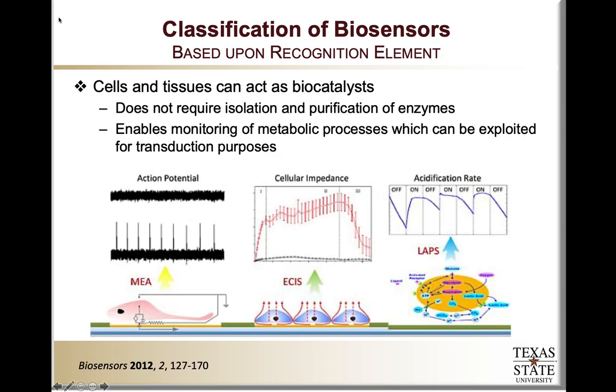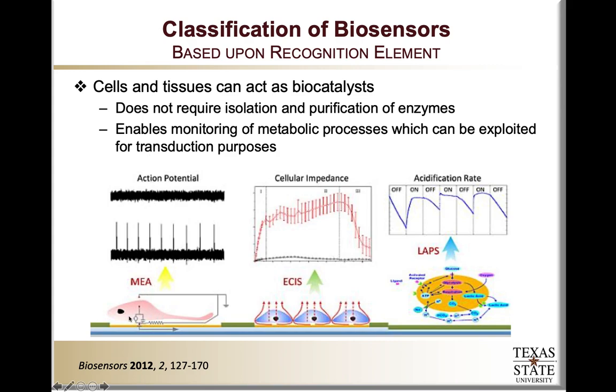As I mentioned before, we can utilize enzymes either in their purified form in solution, or we can utilize enzymes that are within live cells or tissues to act as biocatalysts for enzymatic-based recognition. The benefit of utilizing cells and tissues is that it doesn't require isolation and purification of these enzymes, so it might be a more cost-effective process. But most importantly, it enables monitoring of metabolic processes that can actually be used for the transduction